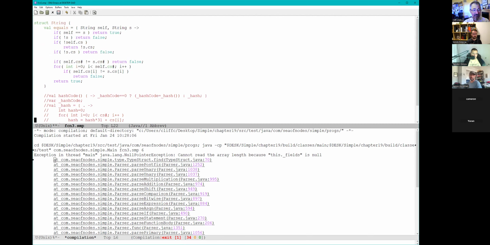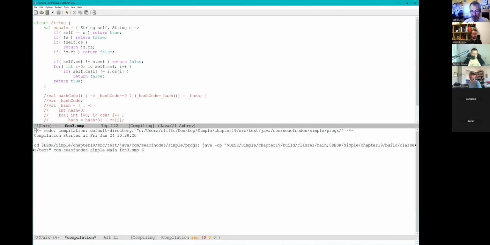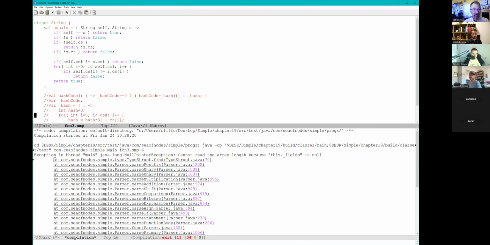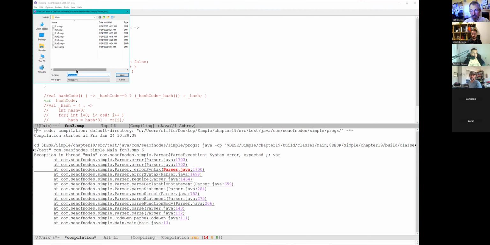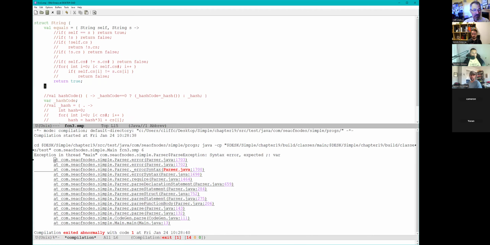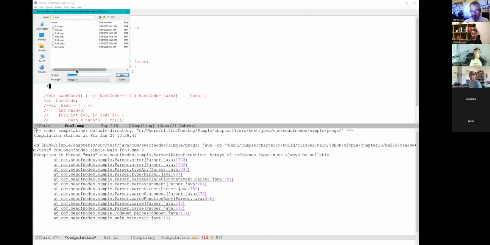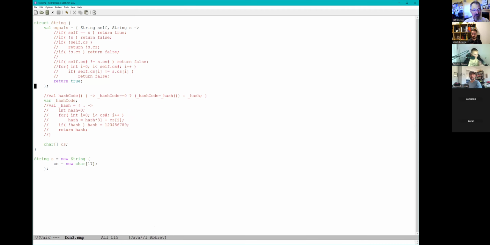And all those fields get hoisted to the type because they're immutable. So the only thing that actually shows up in memory when you new a string is the array? The immutable fields should get hoisted, yes. No, the var hash code will stick around too. But the immutable field, so the val equals and so on. Okay, an array of reference types will always be nullable. And where do I have an array of reference types? Car is not an array of reference types.